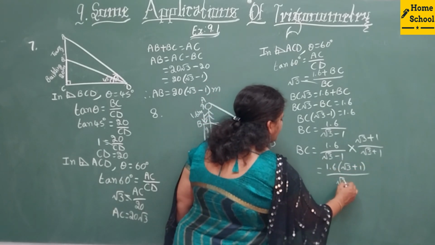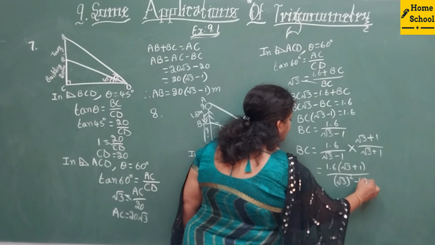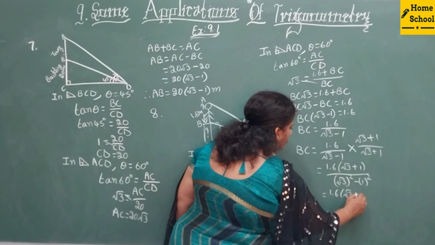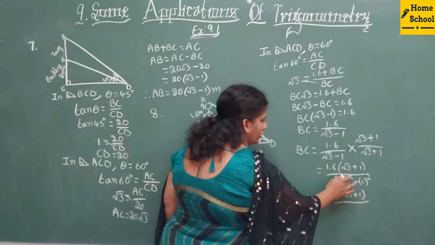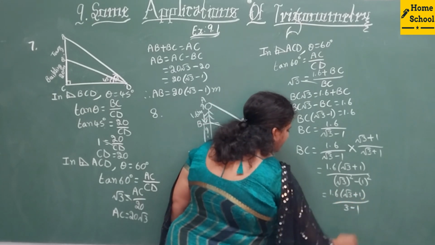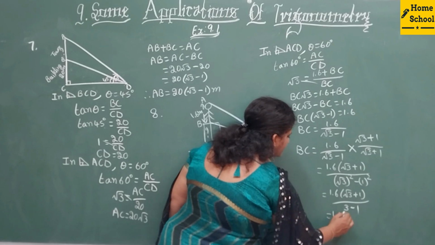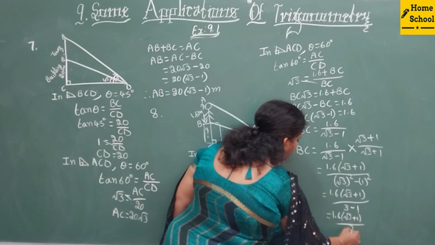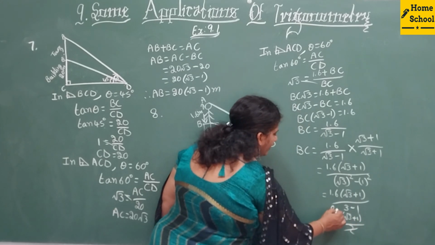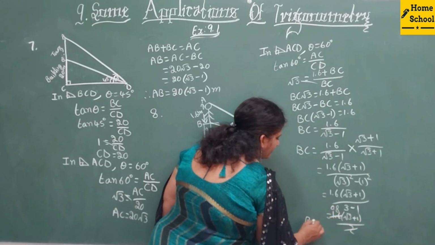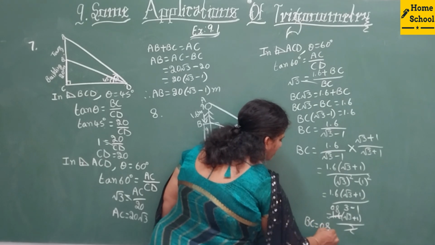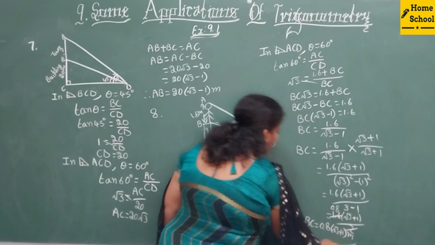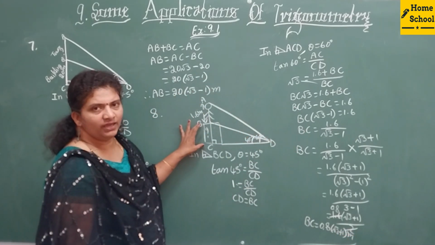So that is a square minus b square. 1.6 into root 3 plus 1 by root 3 whole square is 3 minus 1. 1.6 into root 3 plus 1 by 2. 0.8 is 1.6. Therefore, BC is equal to 0.8 into root 3 plus 1 meters is the height of the